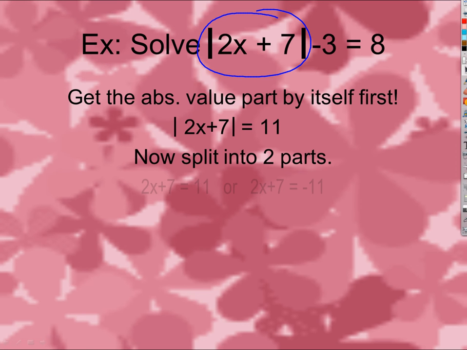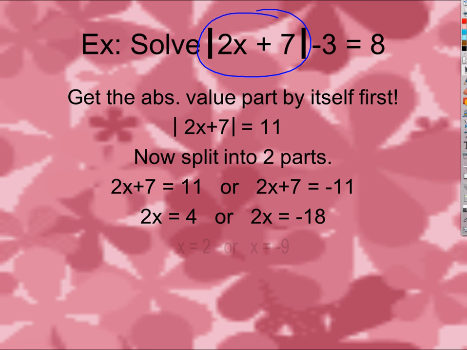It's no big deal. So I'm just going to subtract 7 from both sides and divide by 2, and I get these 2 results. Those are my solutions. Okay? Questions on that? Any part of that that's seeming strange? Okay, let's take